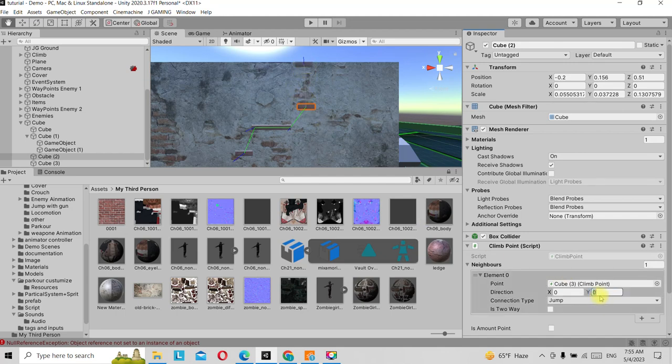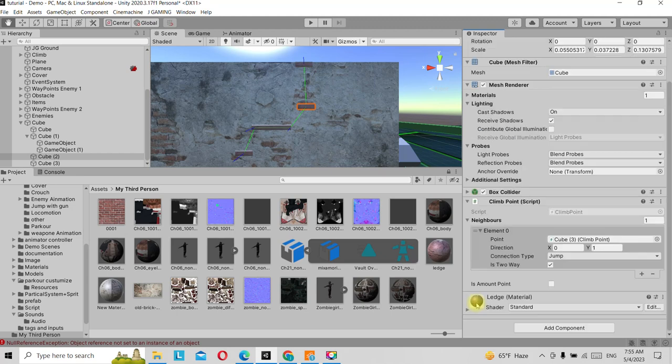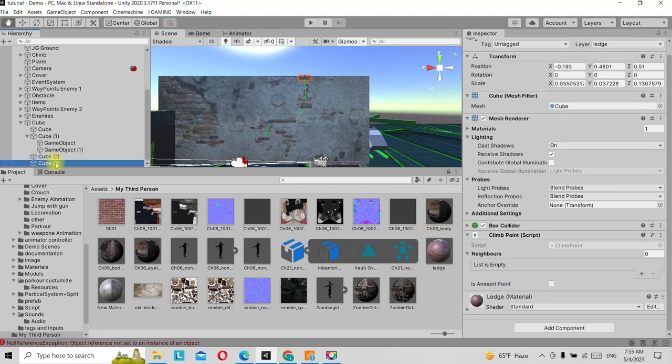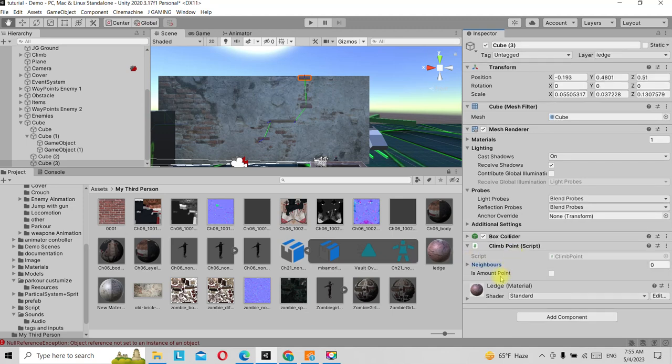So I need to match at the Y. Okay, and the action is jump, and it's two-way, and you have to make sure that this last one is a mount point, so the player can climb up from it to the top of the wall. So we're getting an error right now,